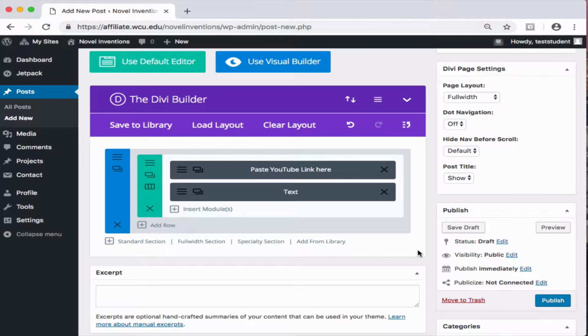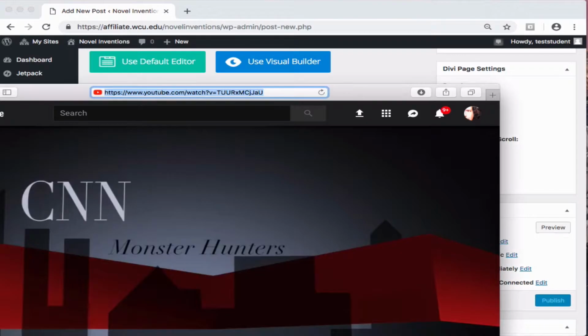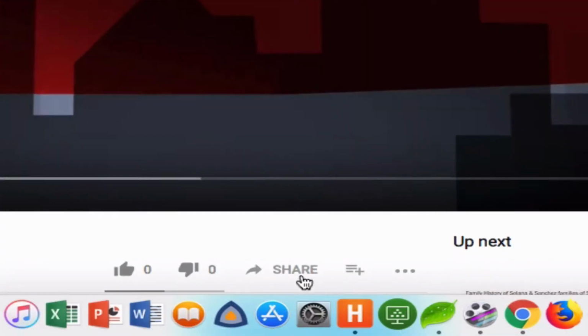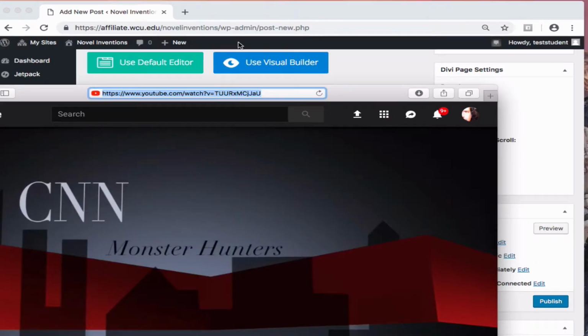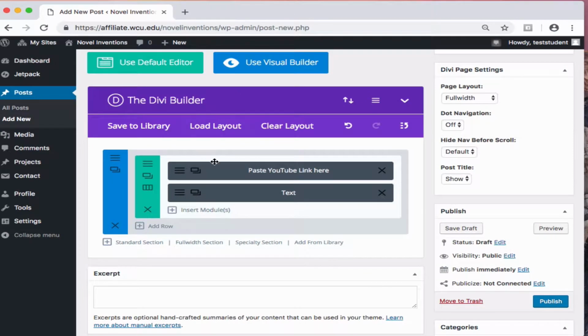Now we're going to go ahead and add your video. So I'm going to go back over to my YouTube and I'm going to copy the URL. You can copy the URL at the top of the screen, or if you're using a phone app, usually under the video you'll see a button that says Share, similar to this one, and inside that you will find the URL. Go back to your page, and in the Paste YouTube link here, click the 3 lines to open the